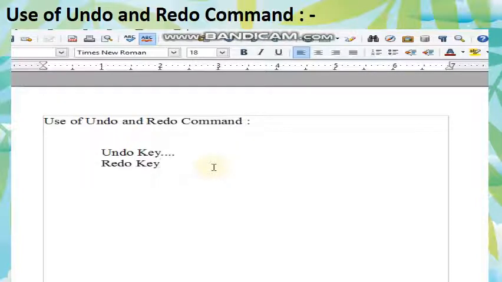See here, I will press Control plus Z. It will reverse back the last action. Okay, I will press it. See, the dots are removed, which means it took the reverse action. Okay, so in this way we use the undo command, and we use the redo command as the opposite of the undo command. When we press it here, we see the dots are back again. Okay, so in this way we see the undo and redo commands.